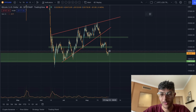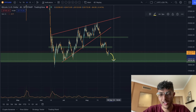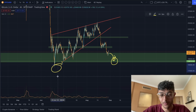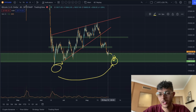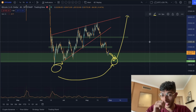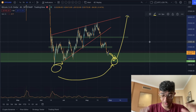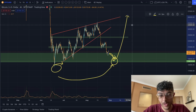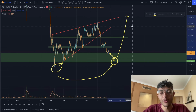And actually, that would set quite an interesting bit of price action for Bitcoin as well, because if Bitcoin is able to fall down now to, let's say, 18.6, the very bottom of this range, that is going to be a macro higher low situation if Bitcoin does then rally harder from there. So that would be probably the best sign we can get. It would be a very big move. It would be a very, very big thing that would, I think, dominate the chart for Bitcoin a little bit,